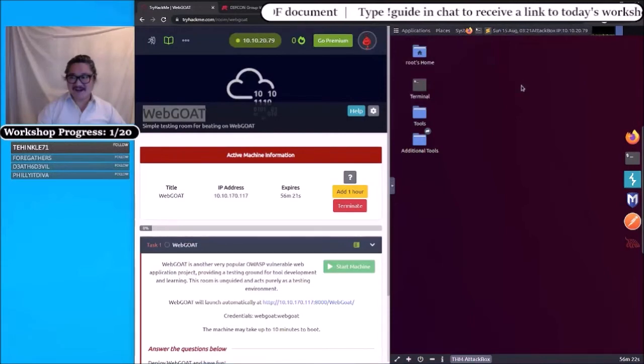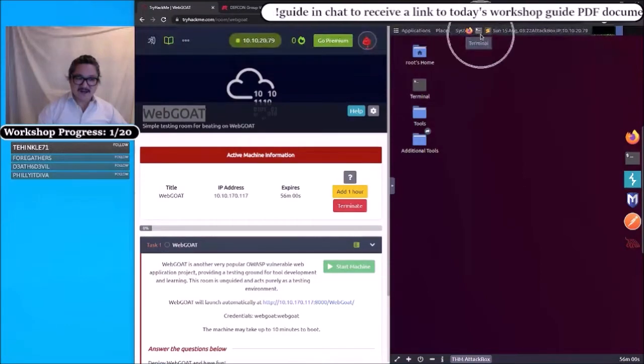So everybody, we're going to do part one. In part one, our objective is to add the target IP to the attack box host file for convenience. So we don't have to keep on typing in our IP address over and over again. We're going to create an alias for it. To do that, what we're going to do is click on